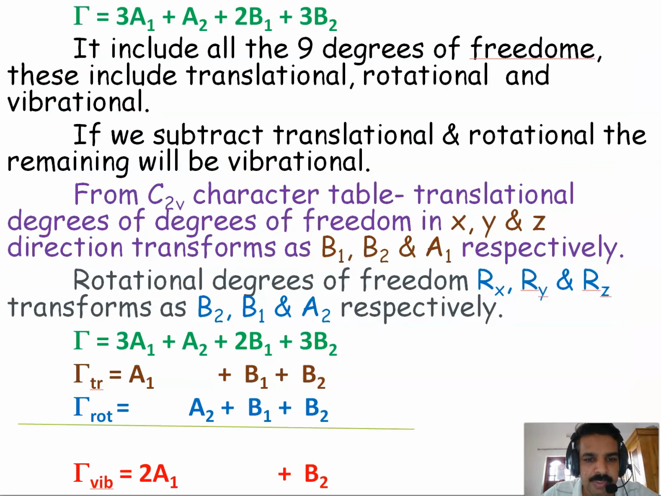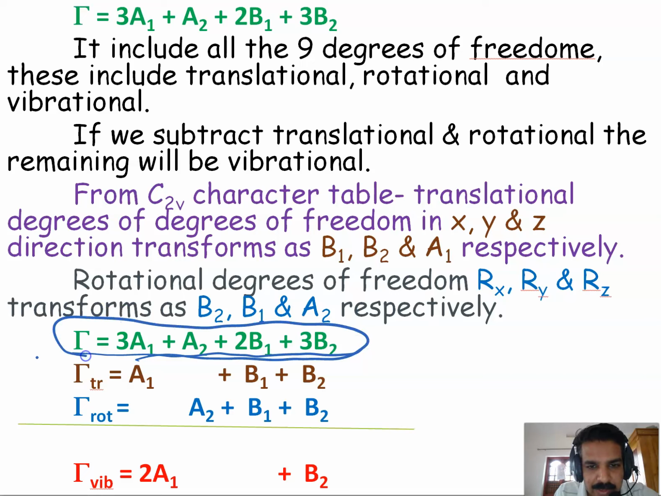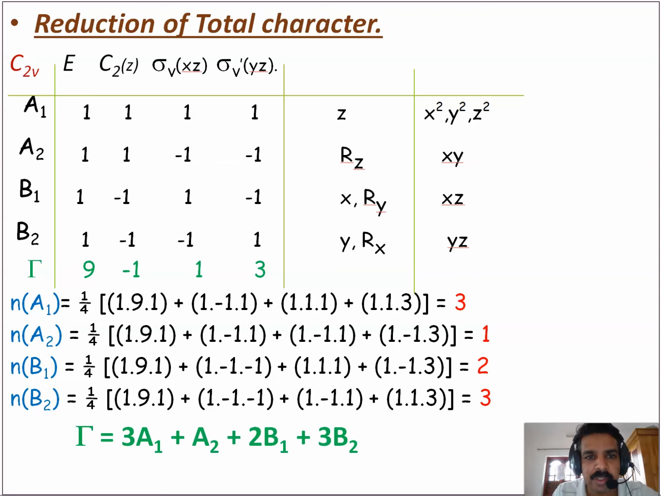First we calculated the total character. First we get a reducible representation. On reduction we get a group of irreducible representations, and that is the total character. That means it includes all the vibrations, all the degrees of freedom, translation and rotation. By subtracting translation and rotation, which are obtained from the character table of the C2v point group,